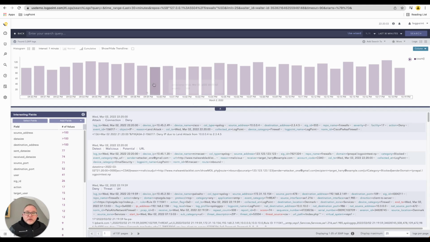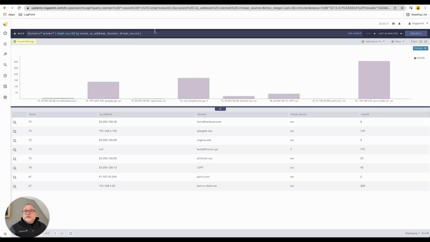Here you're going to see these are logs that we're just pulling in, just rudimentary logs that have come in. I have a predefined search. I'm just going to paste it in here. Domain star, score star, chart count, score, IP, domain, threat source. Right, so now what I'm going to do is re-execute this search to show me literally what